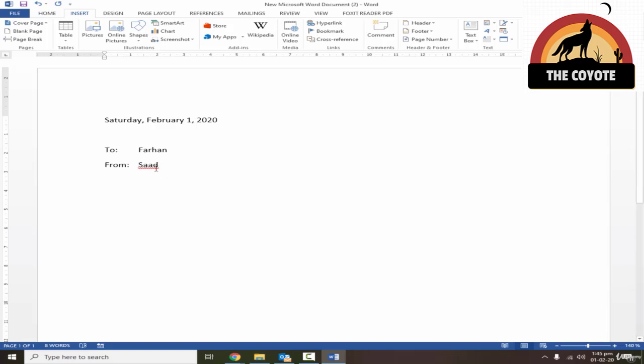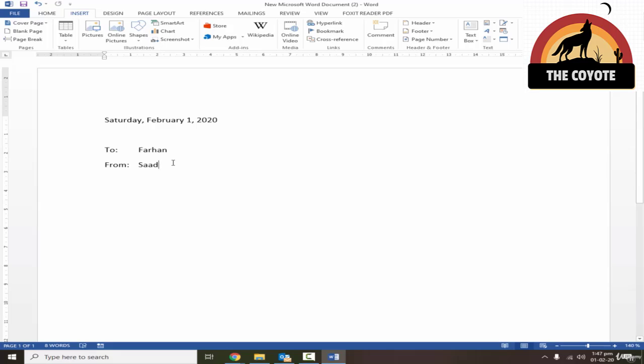Now as you can notice that Saad is highlighted in red, that means it is not in the vocabulary of Word. So obviously it cannot identify the names. But if I use these names frequently, I can just right click on that and add to dictionary. Or if I use it only for one time, then click ignore all. Right now, let's consider I use it frequently. I'll add to dictionary, and now it will never show this suggestion. See? So let's press backspace and go to the original position.